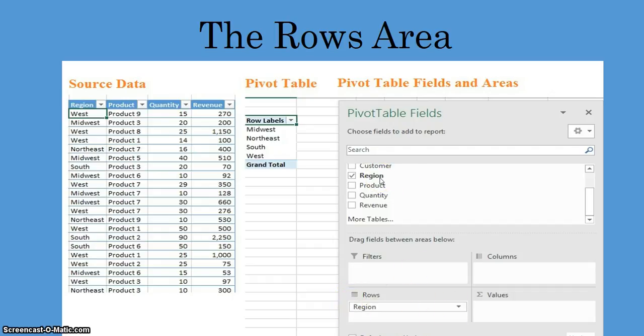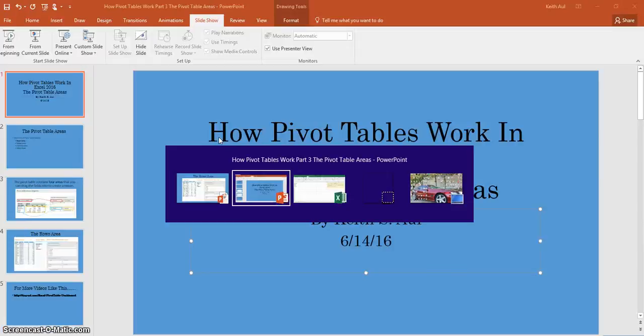For this particular tutorial or example, I want to be able to summarize in my pivot table by region only. So I'm going to grab this data field called region, and I'll plop it into this area down here for the rows. And as I do that, it will generate this small little pivot table, and it'll only grab the unique values only from your data source. So let's go over to my Excel spreadsheet,